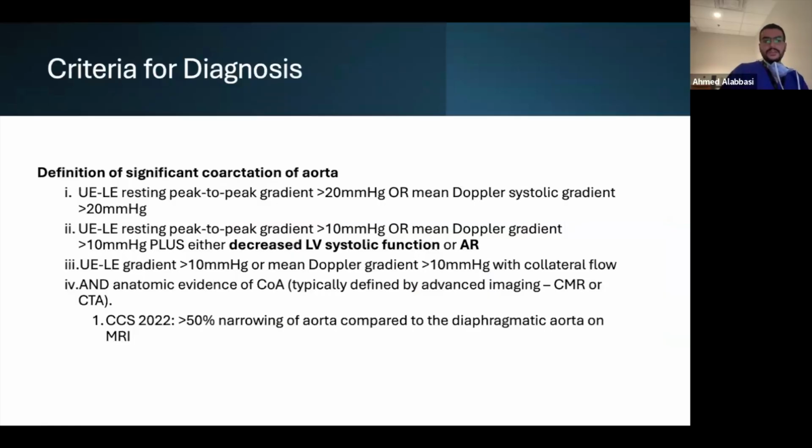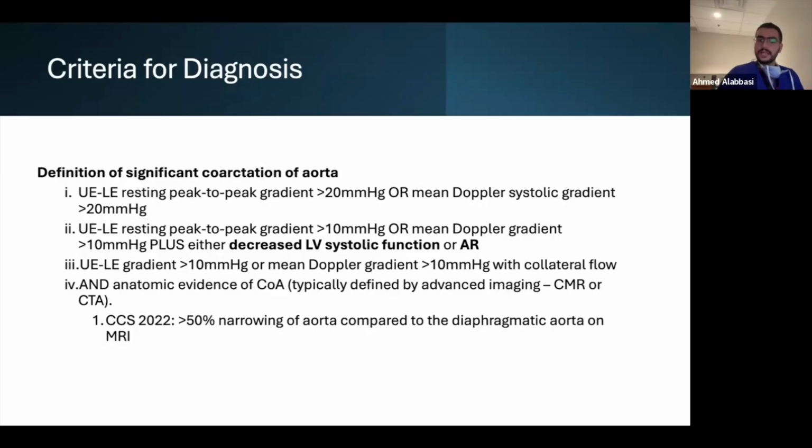So what is the definition of a significant coarctation? This is from the AHA and the CCS guidelines. It is a resting peak-to-peak gradient of more than 20 between your upper extremities and the lower extremities, or a mean Doppler systolic gradient of more than 20. And you can also get it if there's more than 10 millimeters of mercury peak-to-peak gradient in the presence